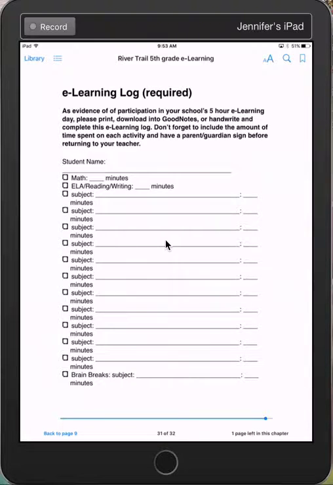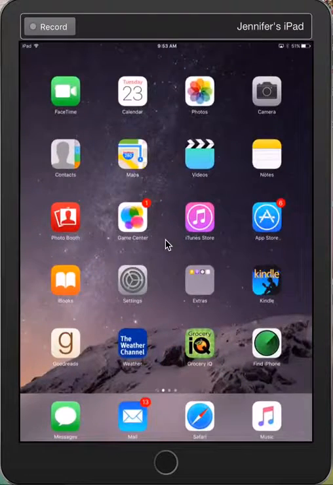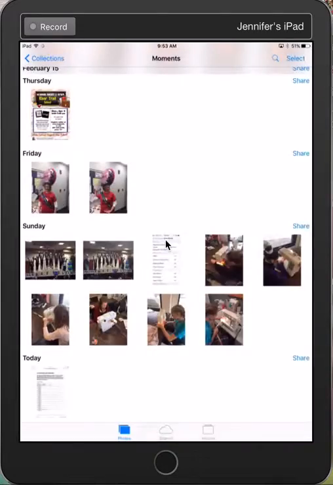They know how to do it. You hold down the home button and the on-off button and it takes a picture. I'll do that for you so you can kind of see it clicks when you do that. Okay, now I know I've taken a picture. So when a student does that, you can either print that out by going into Photos and printing this out,